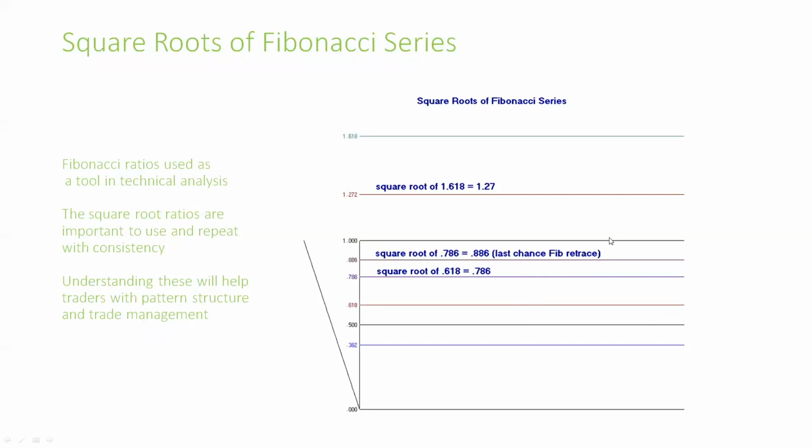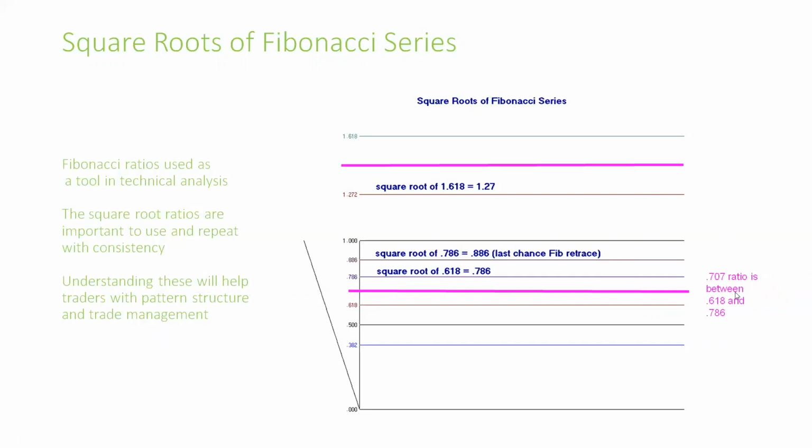Generally, a close above that, and the market will see a move to the 1.0 or higher to the 1.27, which is a little gem. It's the square root of 1.618. Now, these pink lines here represent the 0.707 ratio between the 618 and 786, and the reciprocal of 1.414 between